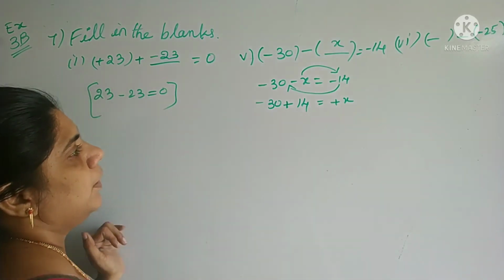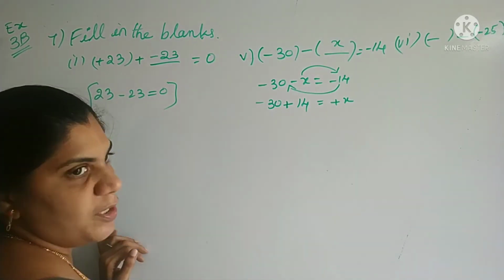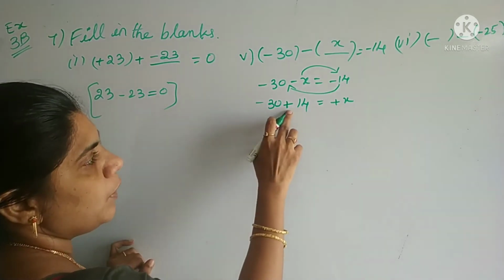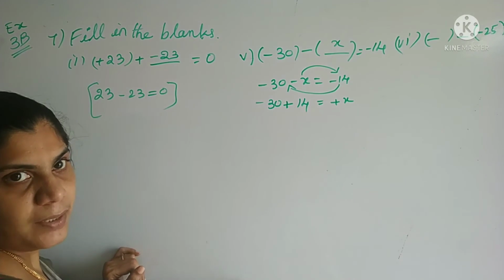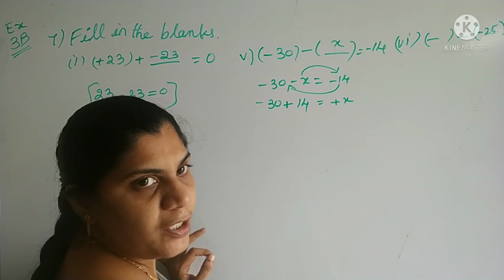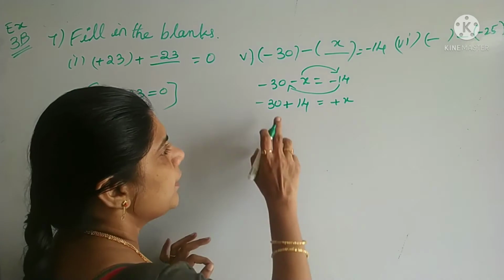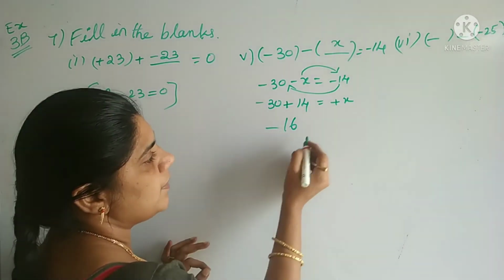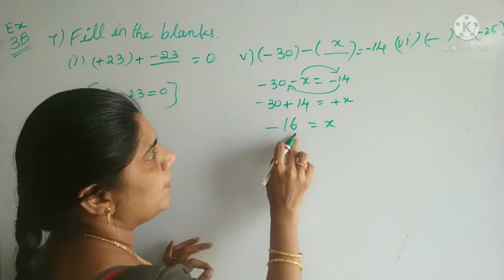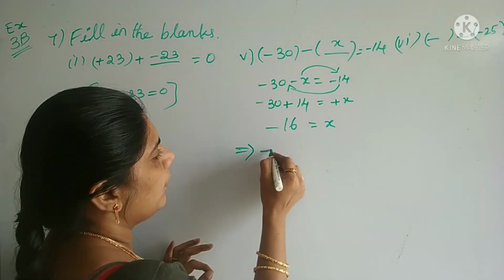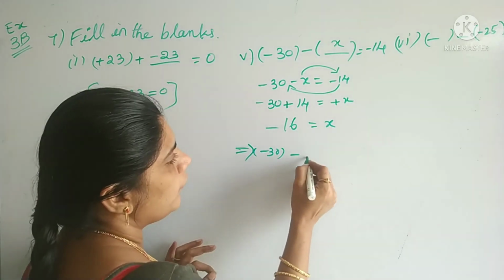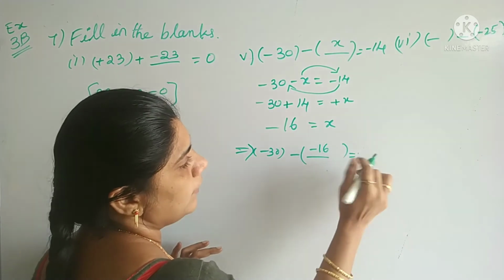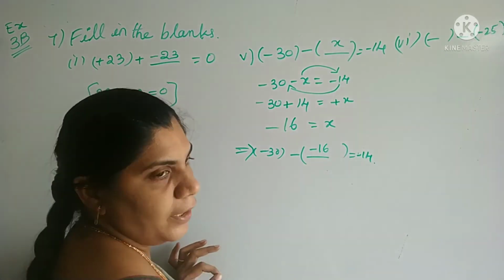Okay. Now see, minus 30 plus 14. How much is this? Subtract the smaller number from the bigger number. Always, if you have opposite signs, you can do the subtraction. From the bigger number, subtract the smaller number and give the bigger number's sign. 30 minus 14 will be 16. What is the bigger number's sign here? Minus. So place minus. x equal to minus 16. Now your total answer will become minus 30, and in place of the dash you have to keep minus 16 along with the sign. That is very, very important. Okay, that's it.